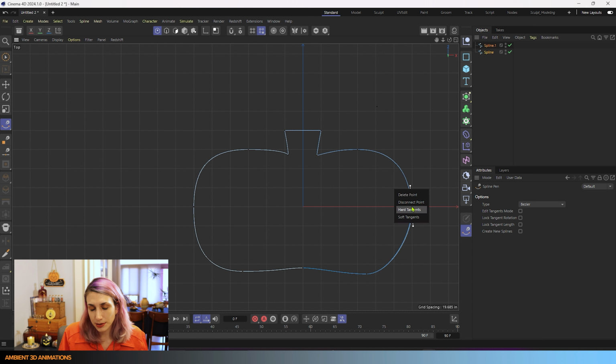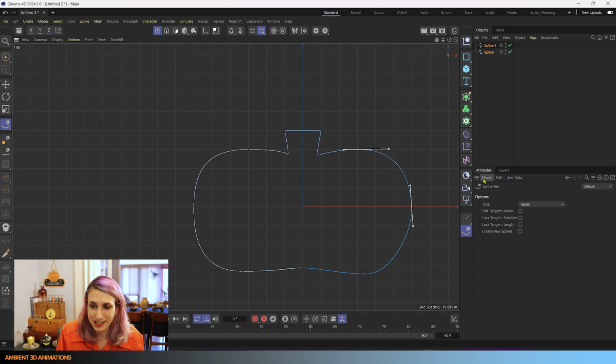You'll also see these options come up if you hold a click on a point, and that's one way you can do it. Or if you hold a click on an edge, it'll blink and show you those same options there. So now that you know all of these are available, you'll notice that we have actually more options in